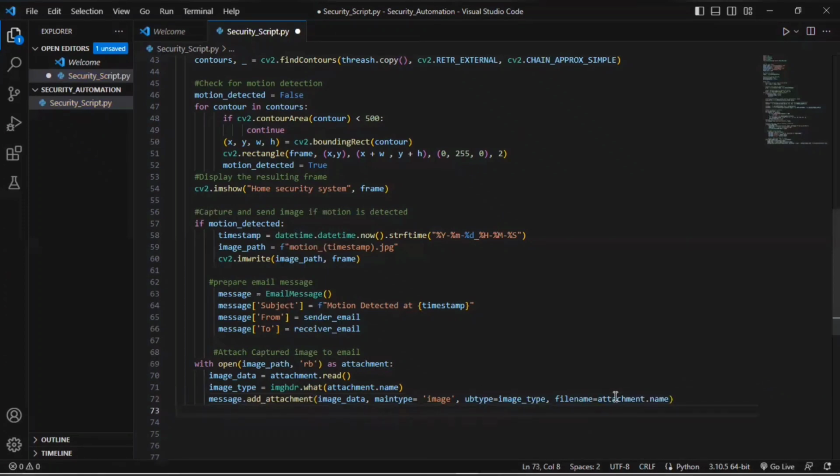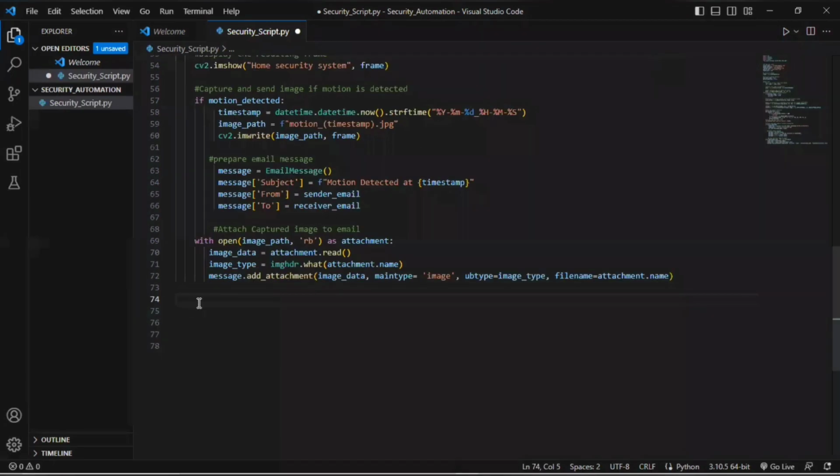Also, to send the email, we're then going to call upon our SMTP server again, as we did in the last video. So to call our SMTP server, you're going to use the with statement. Here, let me just comment what we are doing there. So with SMTP library dot SMTP,